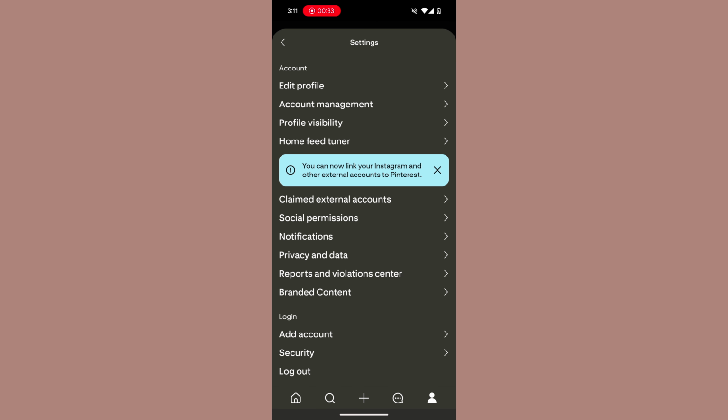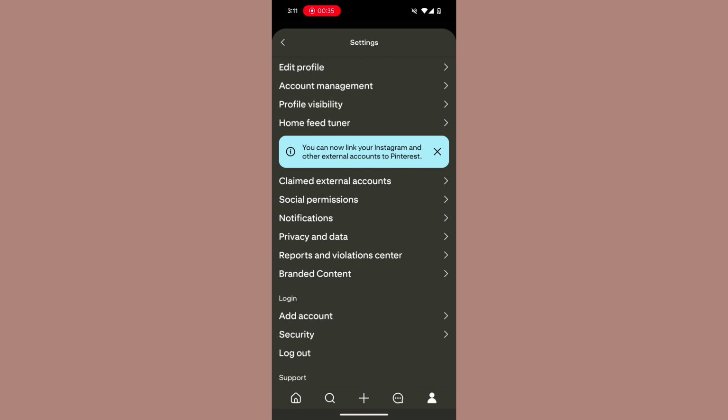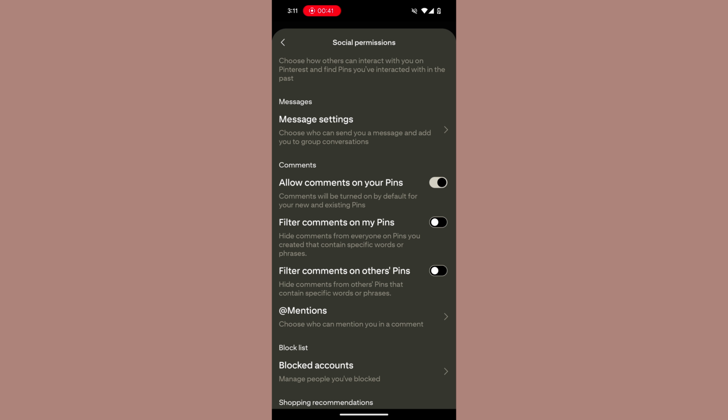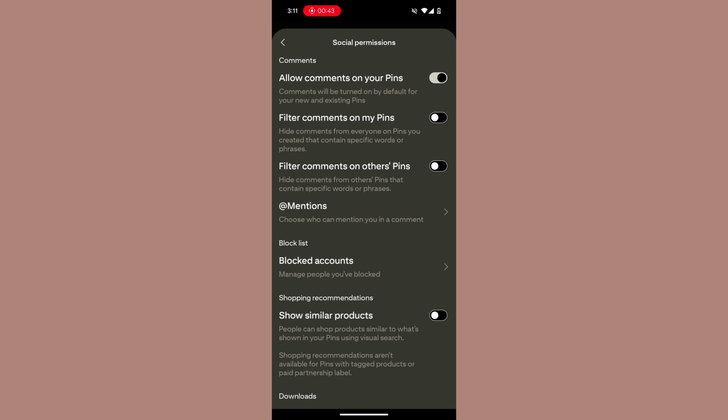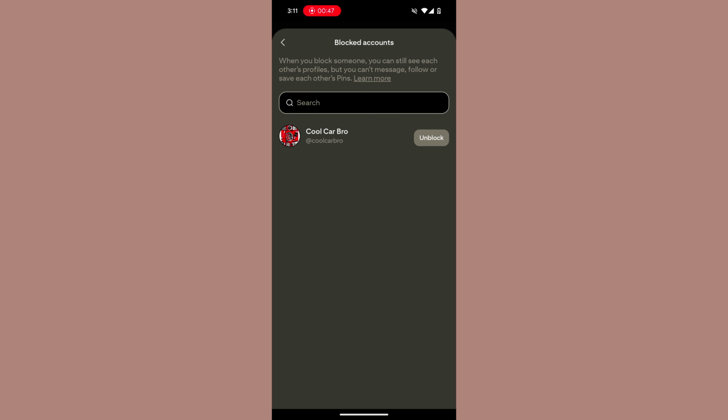Once you select settings, you have to scroll down, and here you'll find an option of social permissions. You have to click on that, and then you have to scroll down and you will find an option of blocked accounts. You have to click on blocked accounts, and then you have to choose this account is currently blocked,